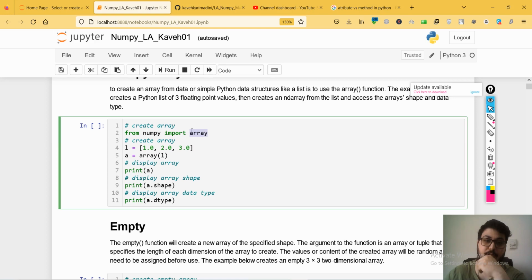The array is a function in NumPy, or a class, and after you have created a list, you can just create an array from the array function and put the list in the parentheses, and from this line you can create a NumPy array with name A, or you can just say numpy.array. Okay, and then you can print the NumPy array,